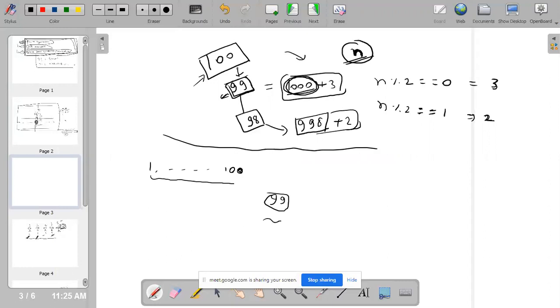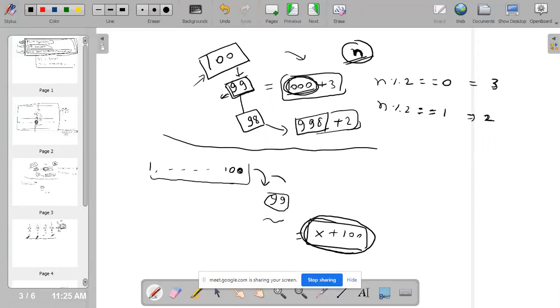If till 99 the sum is X, then with the 100 you will have X plus 100 as the total sum. This step is called induction. You are reducing the input from 100 to 99, then 99 to 98. This is called hypothesis. And I have explained the base condition as well.